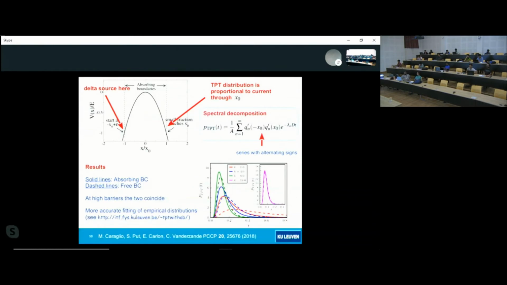If the barrier is very high and you go to k equal to 16, then you find overlapping distributions. But for moderate k, already k equal to 4, now I don't remember if k equal to 4 is exactly 4 times kBT or 2 times kBT, I have this doubt, but if you look at the blue line, you see there is quite some difference between the two distributions, okay?